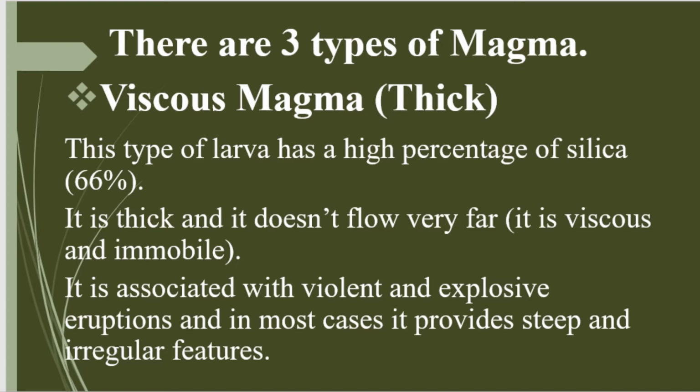It is what we call the viscous magma, and this is very thick, or what we call thick magma. This type of lava has a high percentage of silica, around 66%. It is thick and does not flow very far. It is viscous and immobile. When a mountain erupts with this kind of lava,